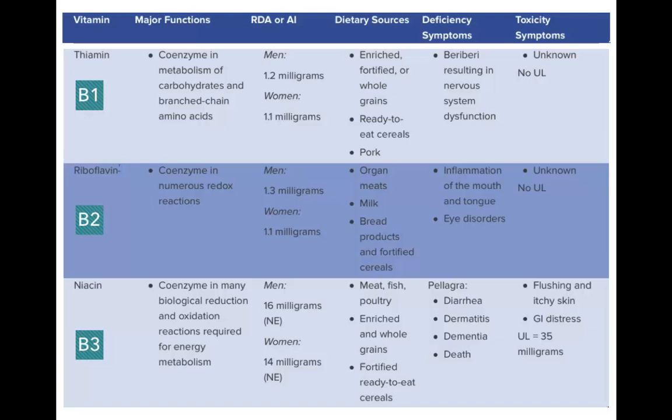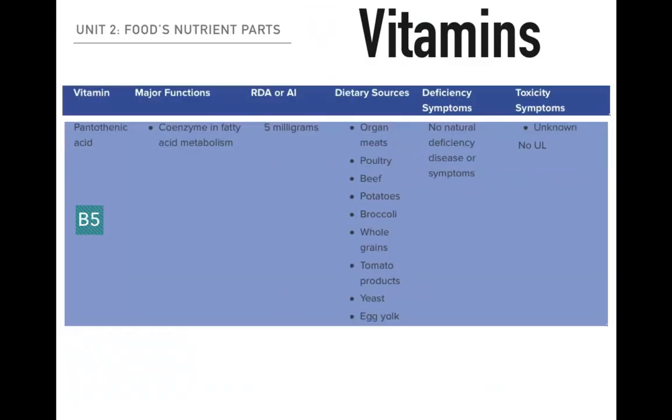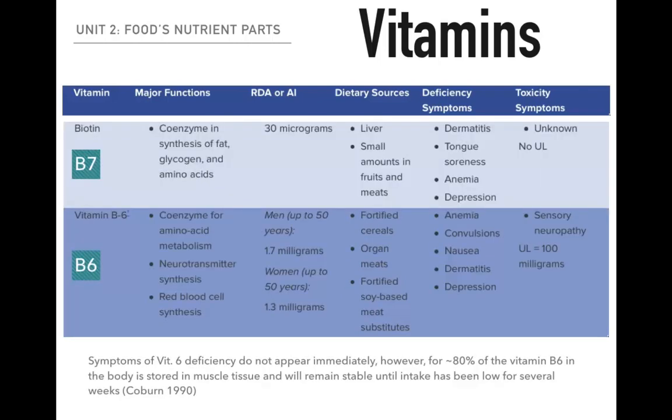Riboflavin is involved in many important reduction oxidation reactions, and its deficiency is relatively rare. Then we have niacin, which is thought to participate in over 200 metabolic pathways. Very important. Your body can make it from the amino acid tryptophan, and it's in meat, so deficiency also is pretty rare with it. Pantothenic acid is also involved in metabolic processes, as many of these B vitamins are. This one typically in fat metabolism. It too is rarely deficient.